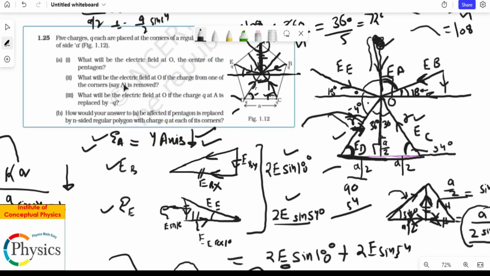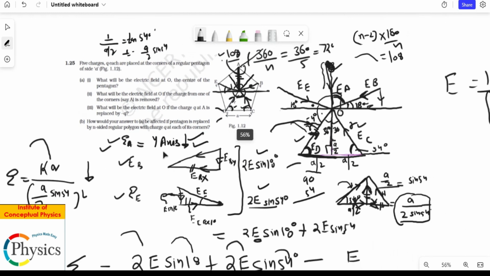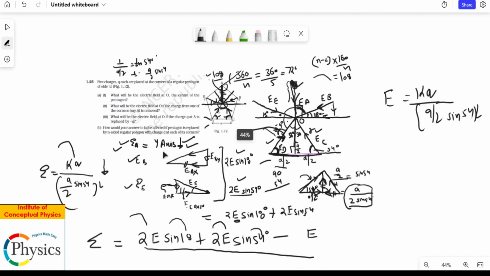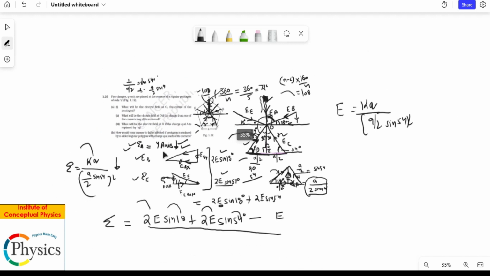Now let's say in part B they ask for the electric field at O if A is removed. Okay, so you have removed A. Now I will again do this analytically, so let's look at the B part. Now in the B part, the charge at A, which is here, is removed. So charge at A is removed. Okay, what changes? Which means then there is no downward part to it, right? So this will not exist.